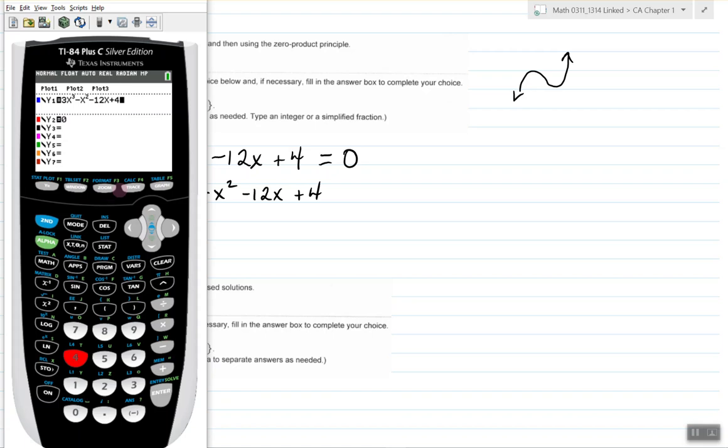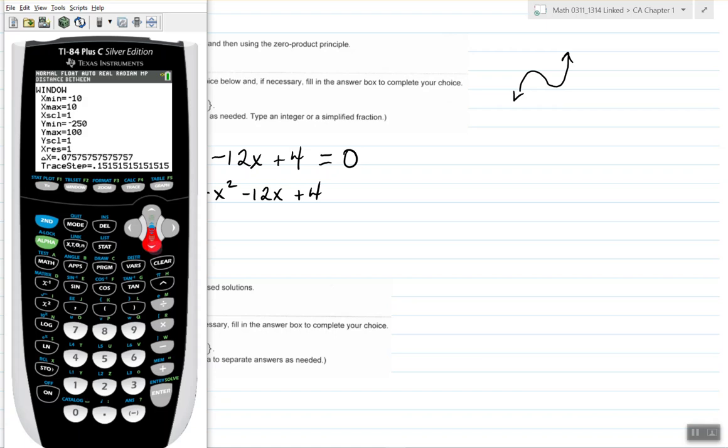I'll just leave the window I have. Remember, I have that window from the last one. I don't know if it's a good window or a bad window, but I'll see. I can always go back and hit a standard viewing window. Well, it's not bad, but I think it is a lot further down than I actually need to be. I'm losing a little bit. It's like if you were taking a picture, you're too far away from the action shot. So if I go to window,